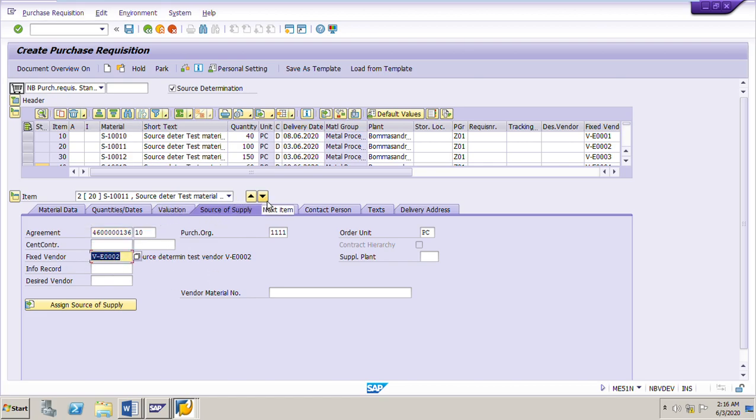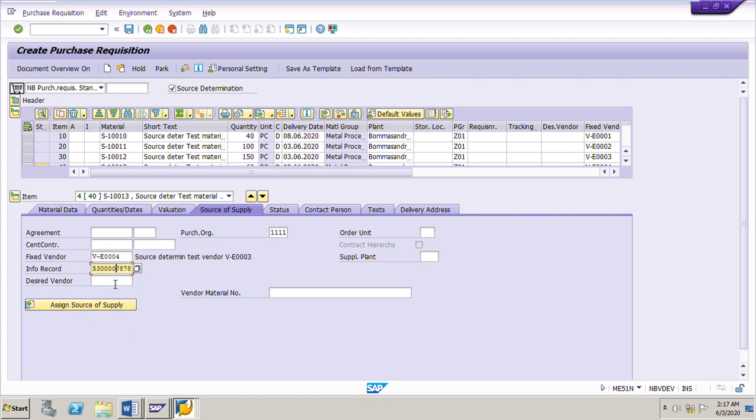Go to the third item, S-10012. This is the scheduling agreement number 5500 ending with 167 with vendor V-E0003. Coming to the last item, the fourth item, S-10013, this is a fixed vendor V-E0004 having an info record 5300 ending with 7878.